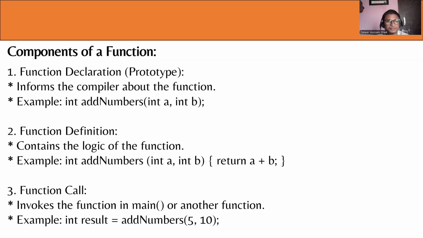Components of a function. Function declaration, or prototype, informs the compiler about the function. Example: int add_numbers(int a, int b). Function definition contains the logic of the function. Example: int add_numbers(int a, int b) { return a + b; }. Function call invokes the function in main or another function. Example: int result = add_numbers(5, 10);